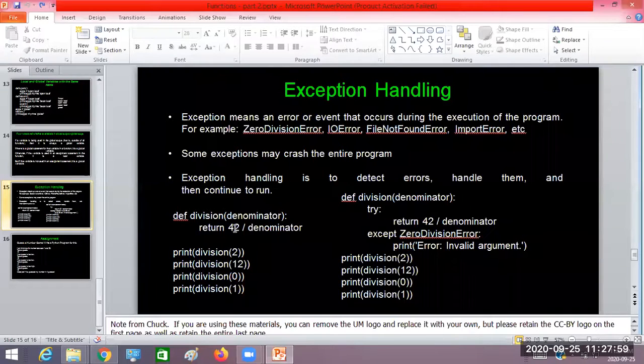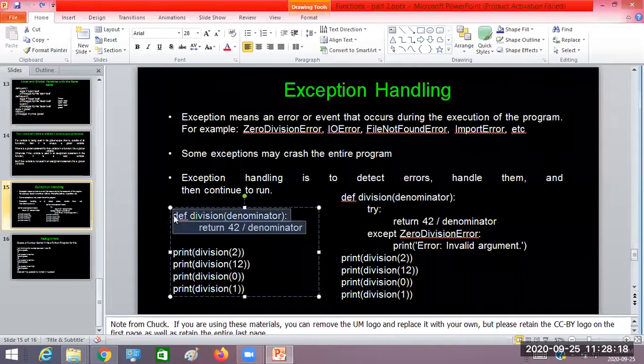In mathematics, when we divide something by zero, we usually represent it with infinity. But in any programming language, if you perform division by zero, the entire program will crash and stop execution. Let's look into this example here. Start the IDLE.